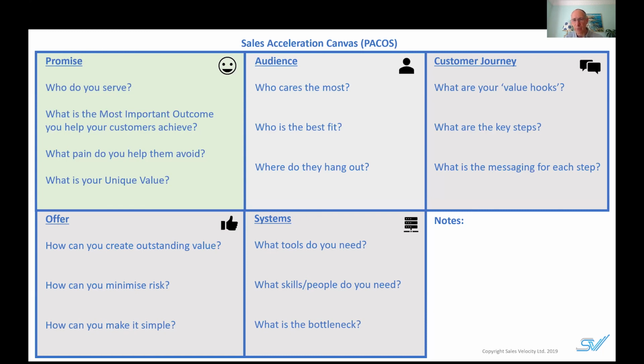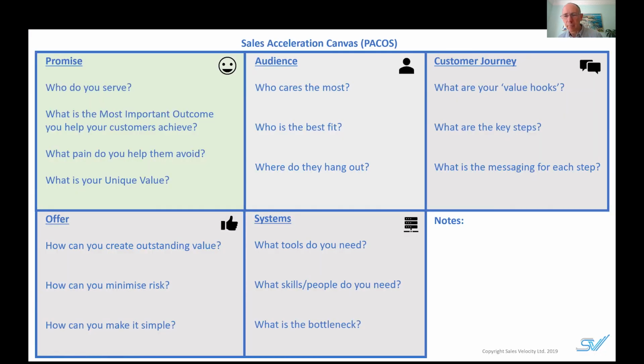Is it Facebook? Are they members of certain industry organizations? Where are you most likely to be able to get your initial value hook in front of them? And then the customer journey is really,